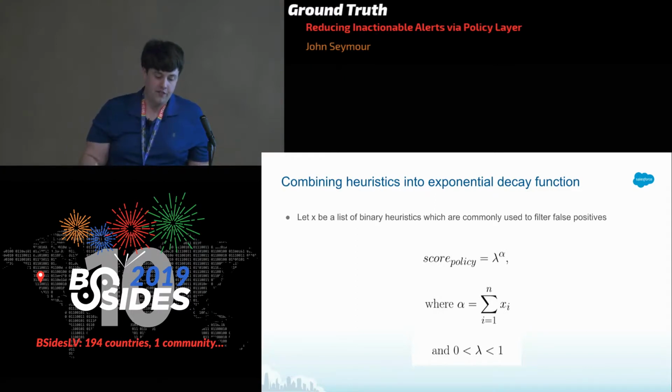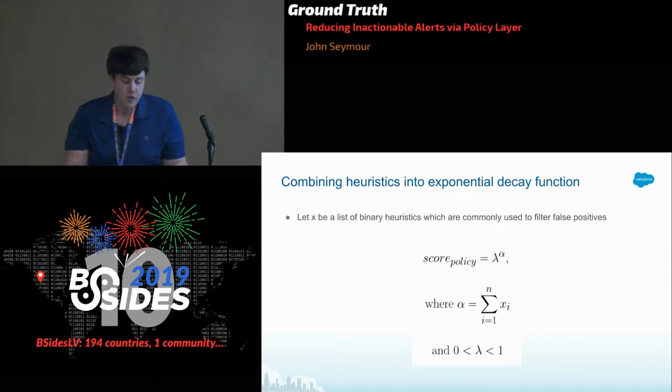So how do we actually enforce the heuristics commonly used to filter false positives in a better way? Well, here's a simple machine learning-based approach that we've deployed at scale for doing so. We actually combine these heuristics using a function which penalizes alerts where any such issues are found without completely filtering